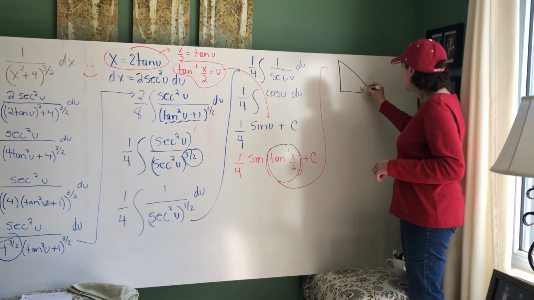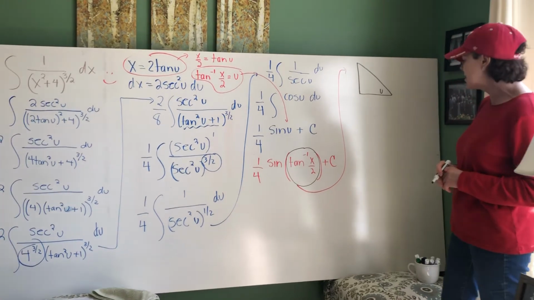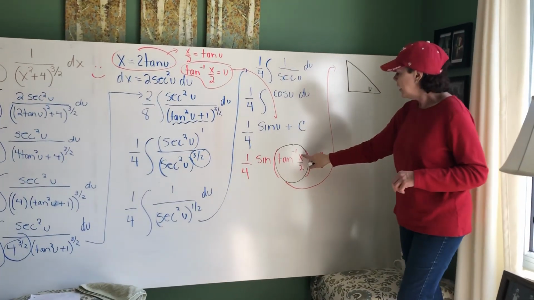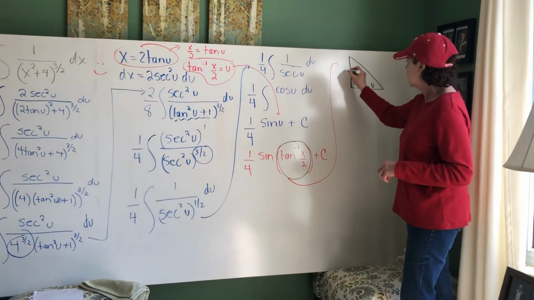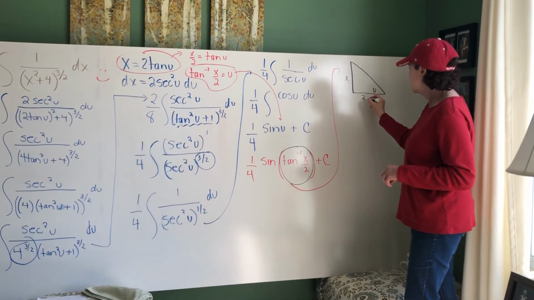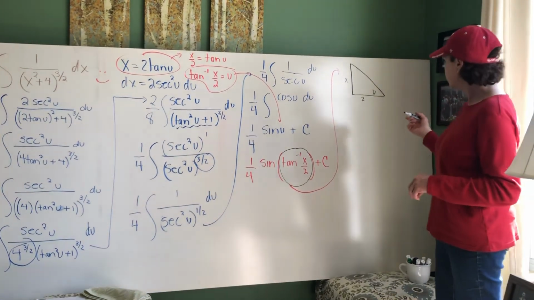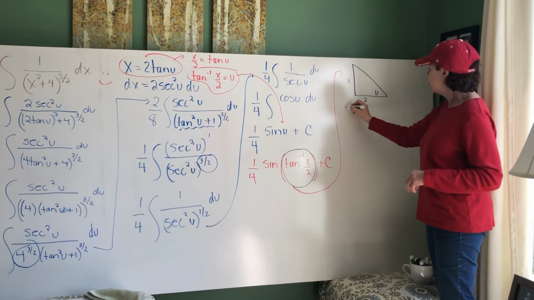Here is my angle u, and it says that the actual value of tangent is x over 2, opposite over adjacent. So if you notice here in this picture, you would tell me